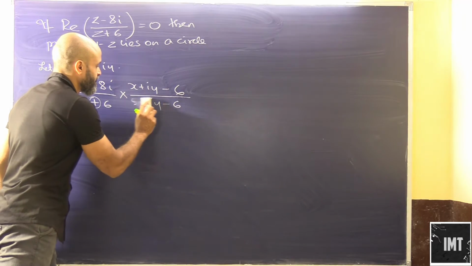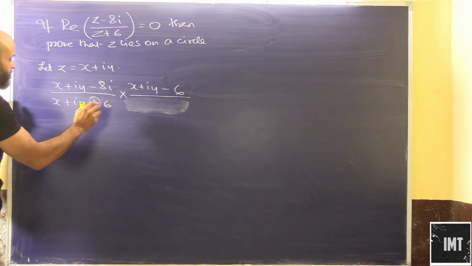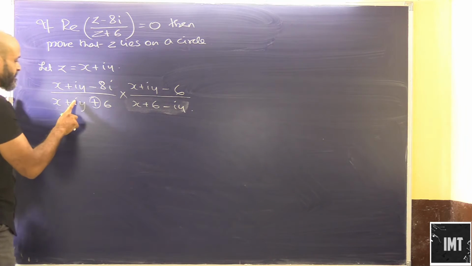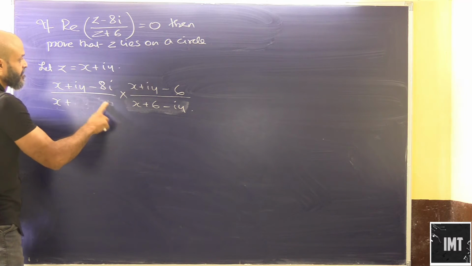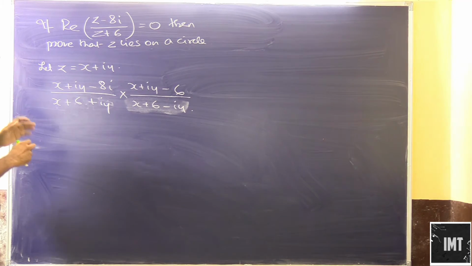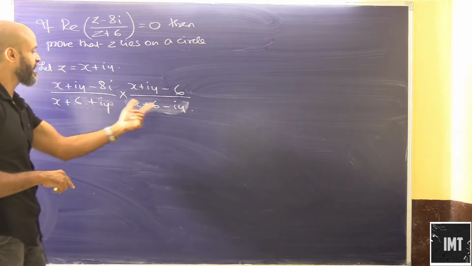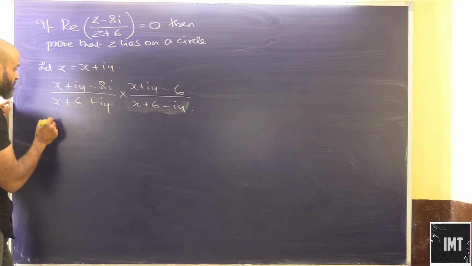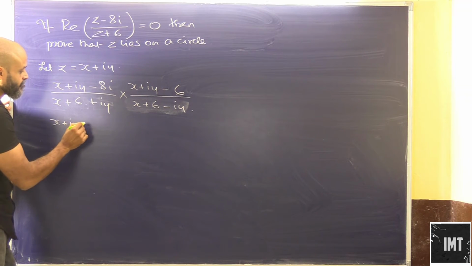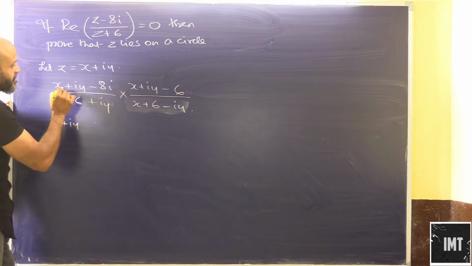So in this case we need this x plus 6 minus iy. So this will be x plus 6. If I write this as x plus 6 plus iy, now it's the conjugate part. The purpose here is to get the square format, a plus b and a minus b, so a square minus b square. So this will be x plus iy minus, if I happen to see x plus iy.